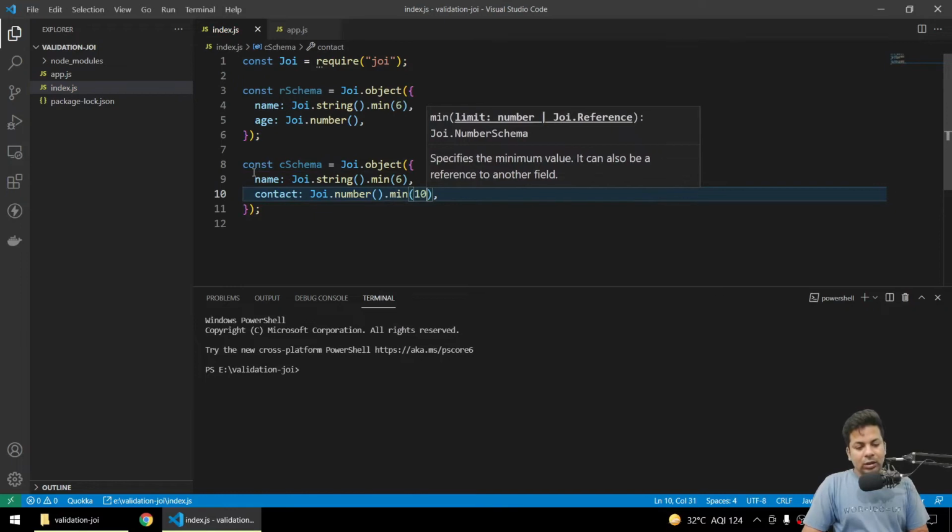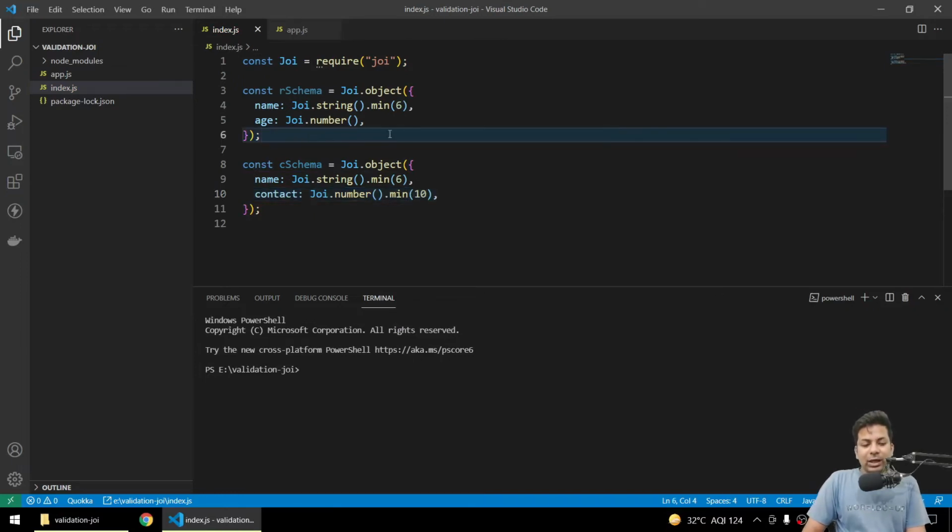So you can see one similarity: this name and this name are the same. So maybe you have 10 forms and name is always there. Now you have to again and again write the name Joi.string minimum 6, or maybe you have 3-4 variables which are common in every form, like name, email IDs, phone numbers, maybe 2-3 fields are very common. Now you have to write them again for every schema.